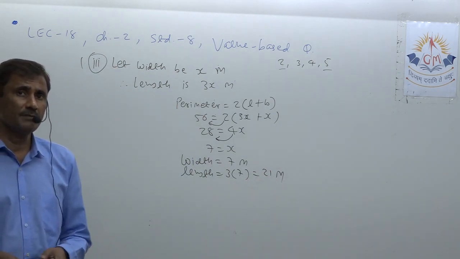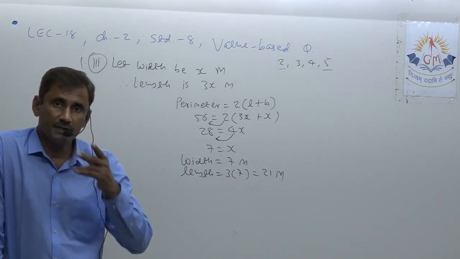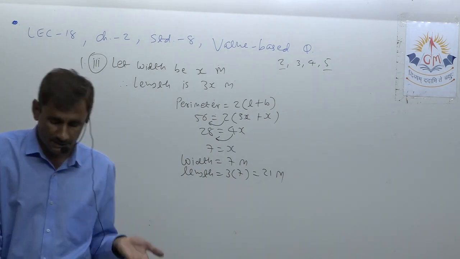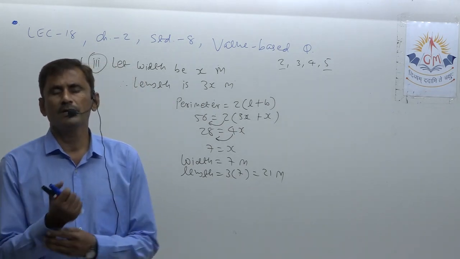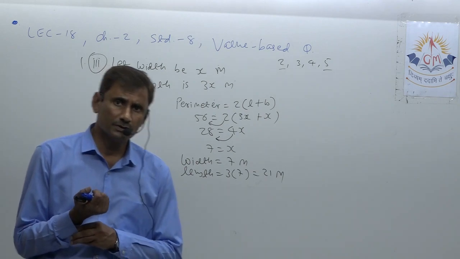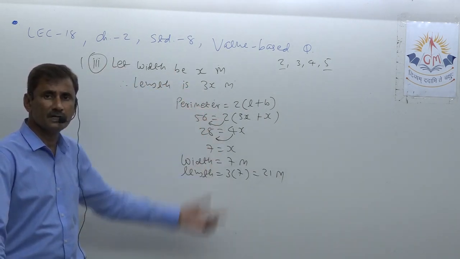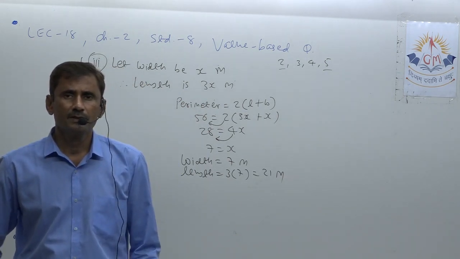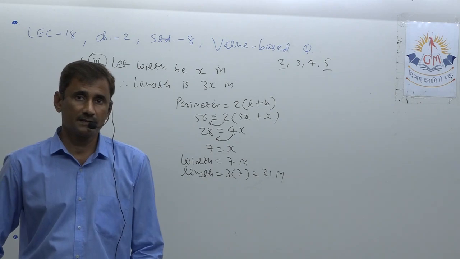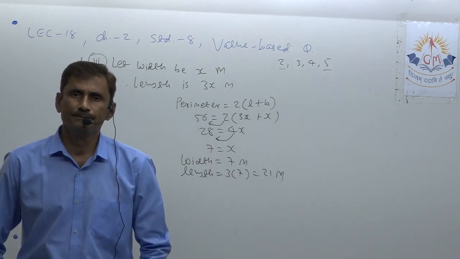Okay, so what is the trick behind that? Suppose any one. Two things may be there, length and breadth, smaller number, larger number, or something else. Okay, so they have given a relation about both. Here it is 3 times, so we took it on. Then something else is given, either perimeter, area, whatever they want, they can give. Okay, so accordingly you can get x. After getting x, you can find whatever you want.